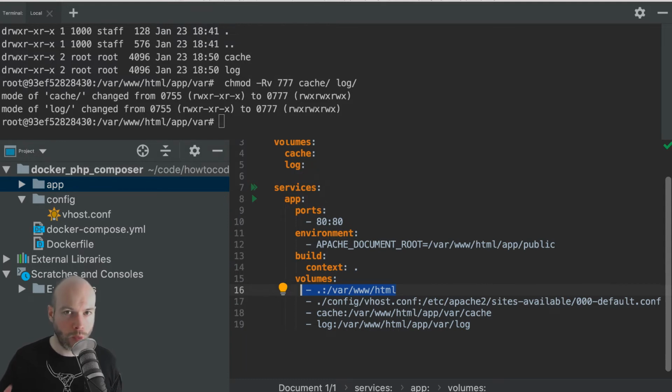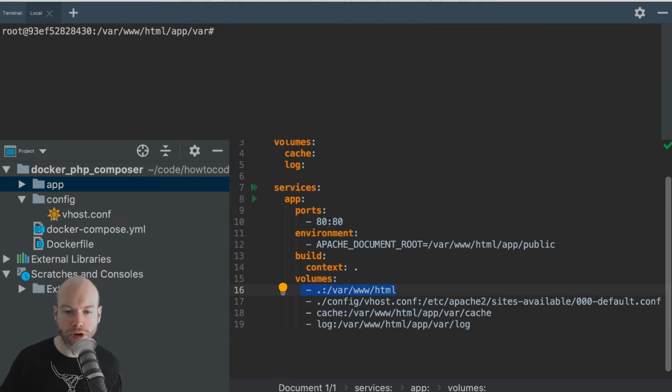We had an issue with permissions with both the cache and the log directories, and we got around that by creating a Docker volume for both of those things, and we put them below the bind mount. So that's an important point. We put them below the bind mount, and I'll talk about why that's important in just a second. I'll give you a whole demonstration as to why that is important. The order in which you put your volumes is extremely important.